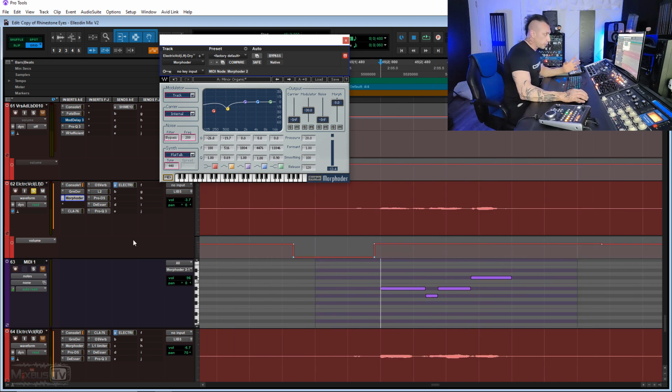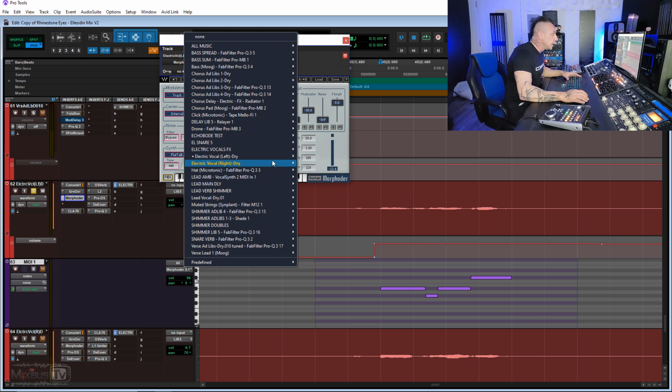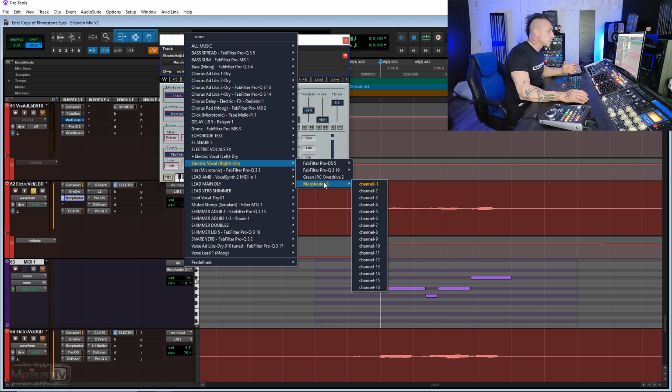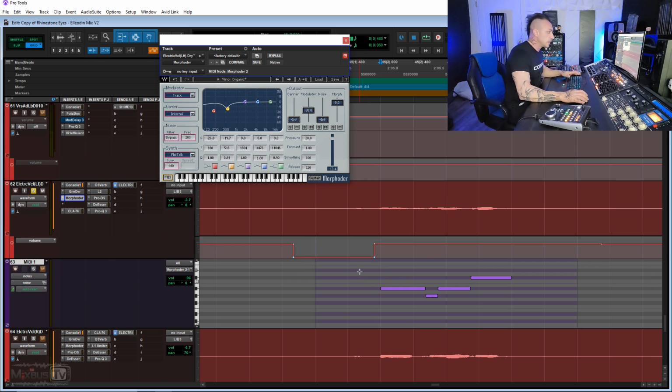right here. And in Pro Tools, at least, what you have to do is send this MIDI note to this Morphoder instance. And you do it by clicking here in the output, and you will find I have several plugins right now that can be controlled with MIDI. But in this case, you recognize the name of the track right there, Electric Vocal Right, and you will find the Morphoder option, and you click channel 1, right? This way, this purple MIDI track here is sent to Morphoder to read the notes and follow. So if I engage the MIDI,